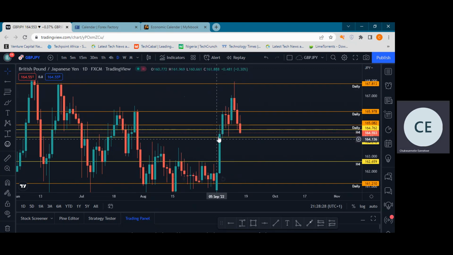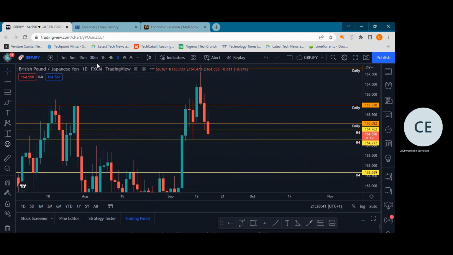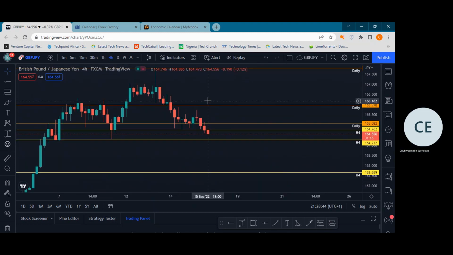And going into next week, because this is the main trade for possibly next week, we are hoping to fill half of this, at least half of this candle going into Monday or Tuesday next week. So this is how you plan out your trades, right? So now we go to the 4 hour candle.